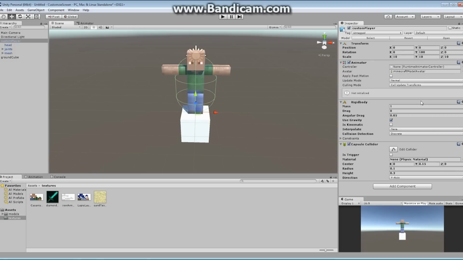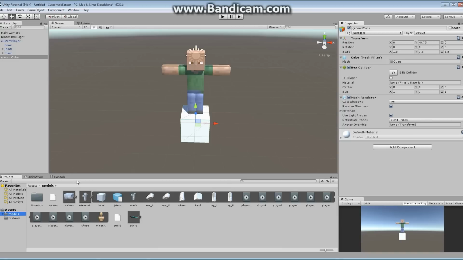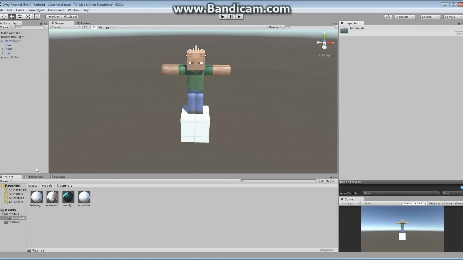If I actually wanted to, I could go in, I could find the material that this cube is using. This currently is using the default material. I could create a brand new material and associate it with a sand texture if I really wanted to, which we can do. I'll go into models, I'll go into materials,